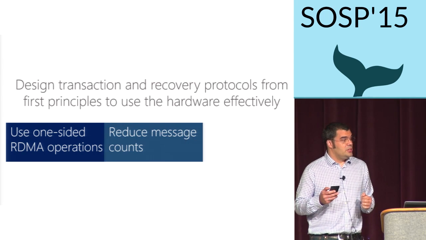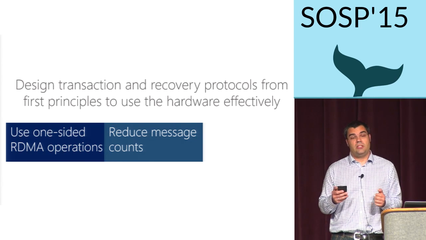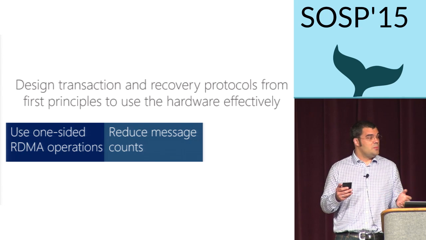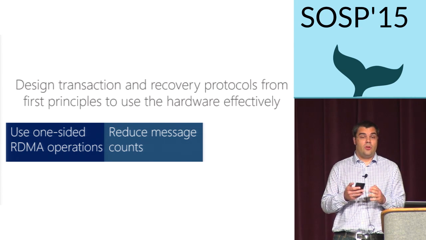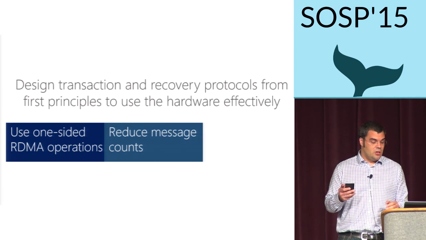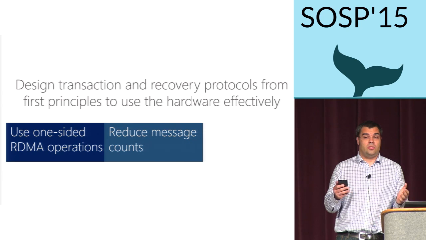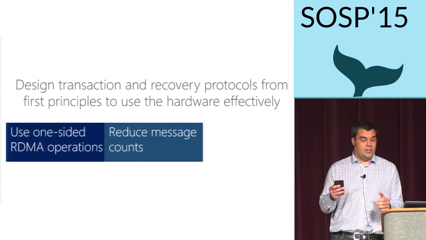The second principle is that we reduce message counts in our protocols. And again, the main reason is that processing messages, sending and receiving messages, takes CPU. So an example of this is we designed this transactional protocol that uses 4 phases, unlike traditional 2-phase commit and similar protocols, but is a lot more CPU efficient because it uses fewer messages. And I'll tell you why we think this is a really good trade-off later on.